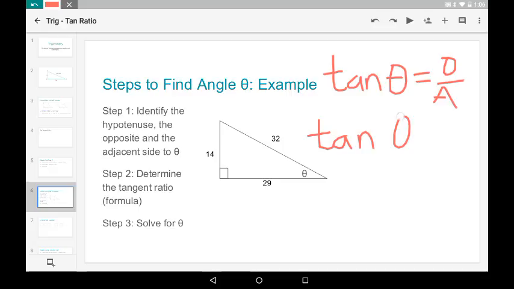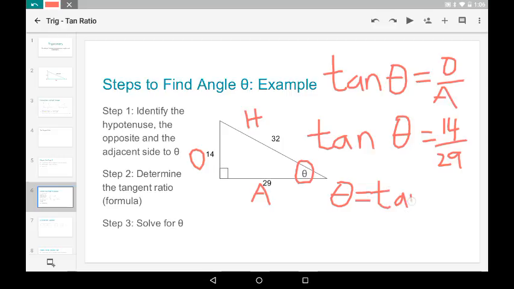Plug in our numbers here. Tan theta equals, we had 14 over 29. And remember, we've already labeled H, O, and A over here based on our theta. So theta is equal to the inverse tangent of 14 divided by 29. Once you put that into your calculator and solve, you'll find that theta is approximately equal to